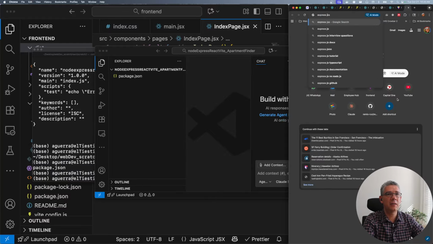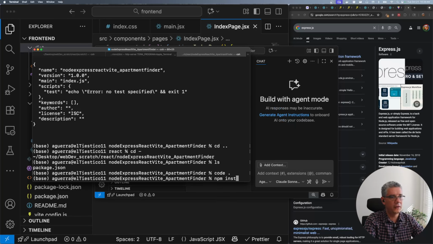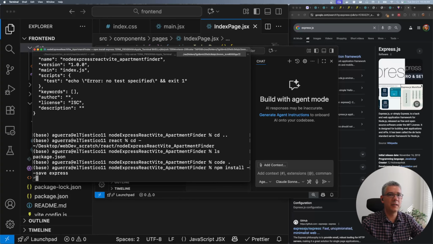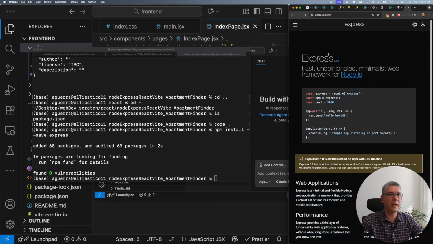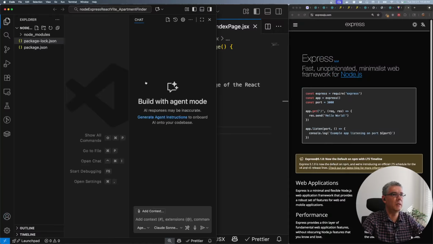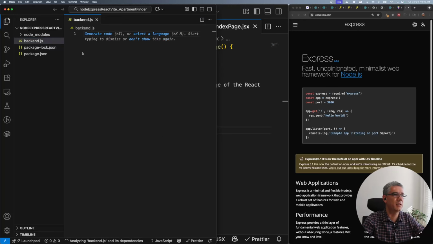template, which is going to be just importing Express. So I'm going to npm install --save express. Hopefully that should install Express 5. And then remember, this is the most basic code in there. It's kind of a shame they're still not using ES6 modules, but we can do that ourselves. So let's do that in here, and then let's hide Copilot chat, and we are going to create our usual backend file with JavaScript, and then I'm just going to be importing express from express, and then